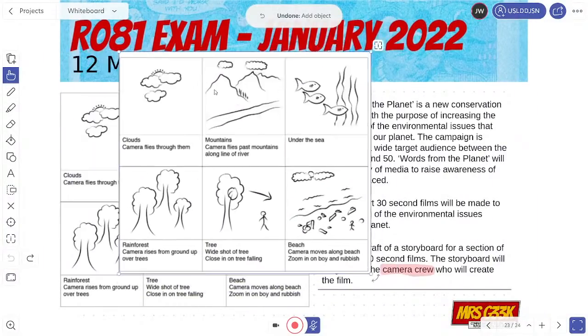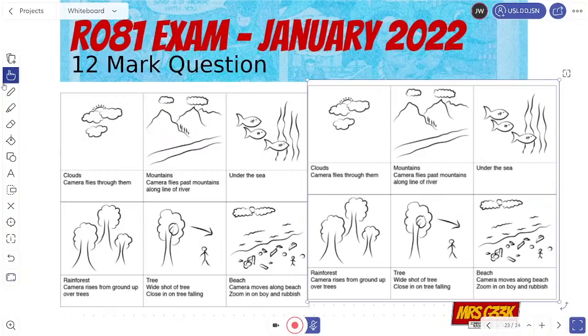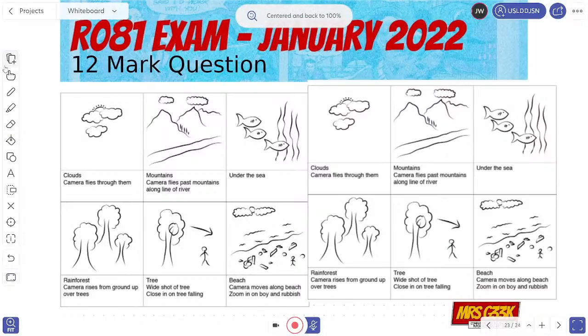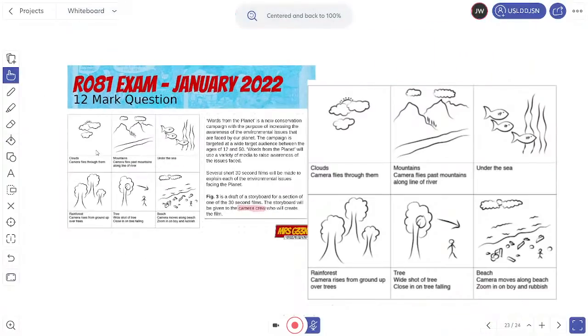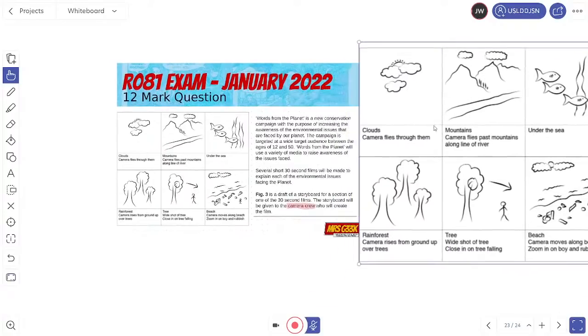Let me move this out of the way. So I'm going to suggest that we zoom out a little bit. Please let me zoom out. Oh, goodness me. There we go. Finally. Okay. You come out of the way as well.